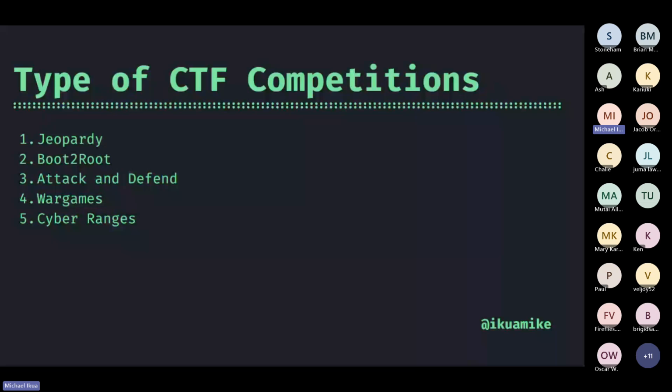Okay, the next type of CTF is a war game. So this one is the progressive type of challenge, where you cannot move to challenge 2 before you progress to challenge 1. So you have to complete challenge 1, get the key or the password, and then move to challenge 2, and so on and so forth. So it's very progressive in your solving. So this one can be sometimes annoying, because you cannot move to the next step if you don't complete step 1 or step 2. So it's progressive.